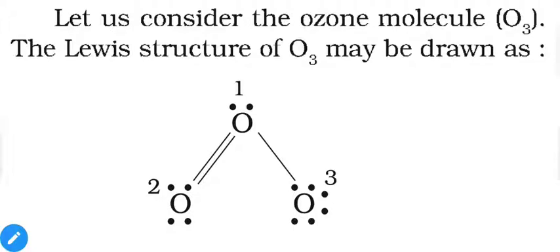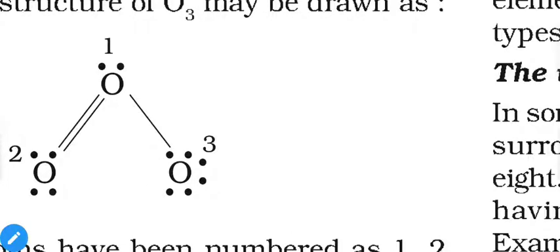So as we know, in case of oxygen we have a total of 6 valence electrons. So 1, 2, 3, all of these 3 oxygens carry 6 valence electrons in their isolated or free state. Next, you have to find the number of electrons for these atoms in their Lewis dot structure, that means in the molecular structure. So let us write their number of electrons in the molecular structure.